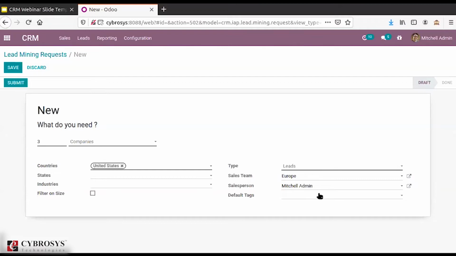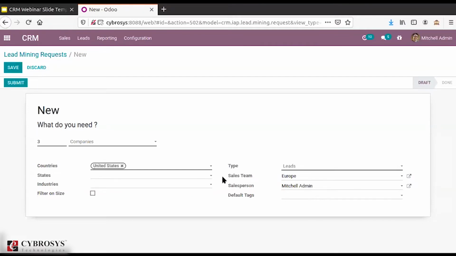Using these options, we can target leads based on certain sets of criteria, like states, countries, industries, and so on. This will help you generate leads based on your need, or only the quality leads that you need.